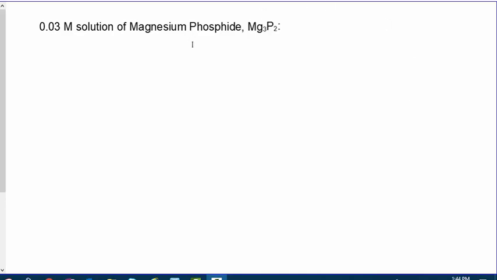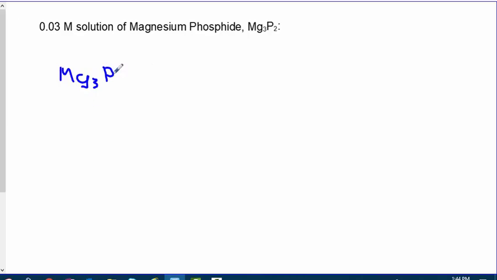So we've got a 0.03 molar solution of magnesium phosphide, and we're given the molecular formula for magnesium phosphide. So there's the salt. So we're going to go ahead and write a balanced reaction equation showing this salt breaking into its respective ions. So the first thing I'm going to do is write my salt on the left-hand side here. So I've got magnesium, and I can see that magnesium has a little subscript 3, which tells me that there's 3 magnesium ions in this compound,